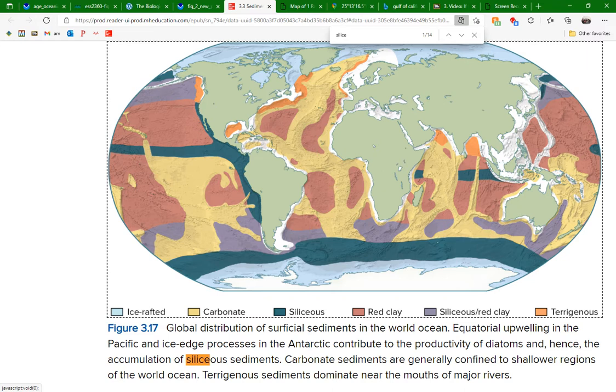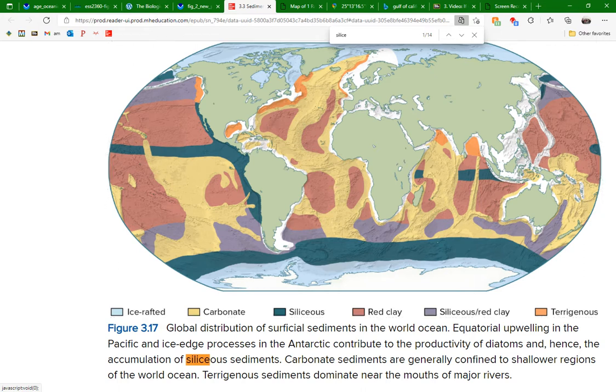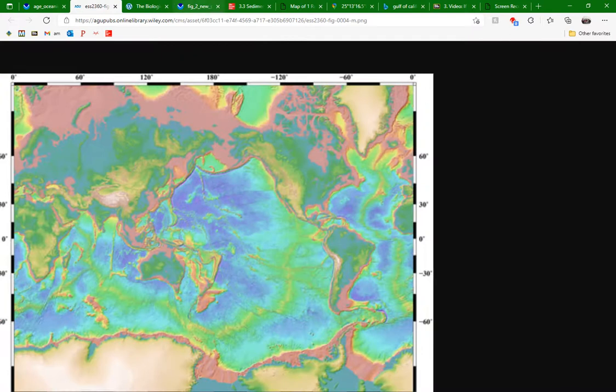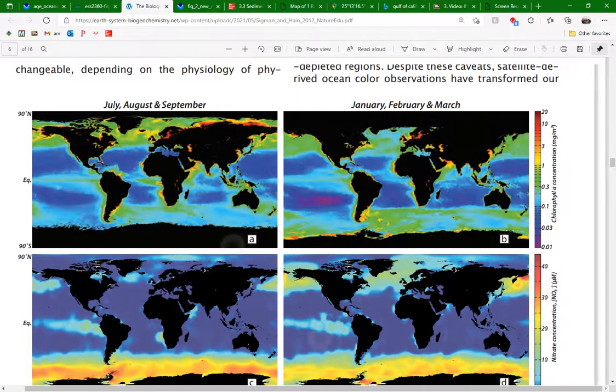Sorry, it took me a little bit, but yep, the phytoplankton also cause other sediments on the ocean floor. We talked about that. The chlorophyll concentration